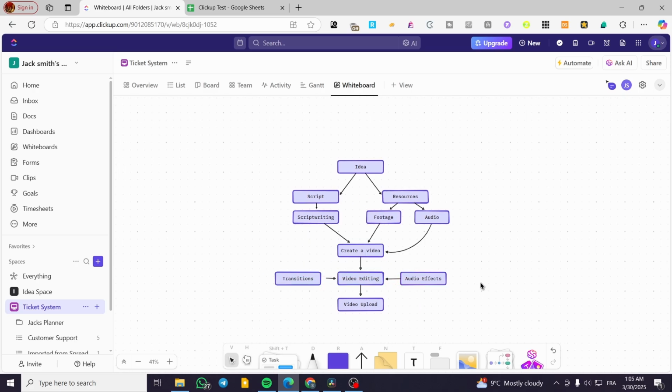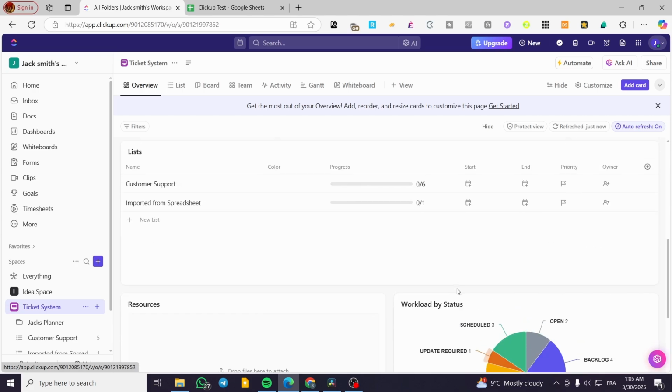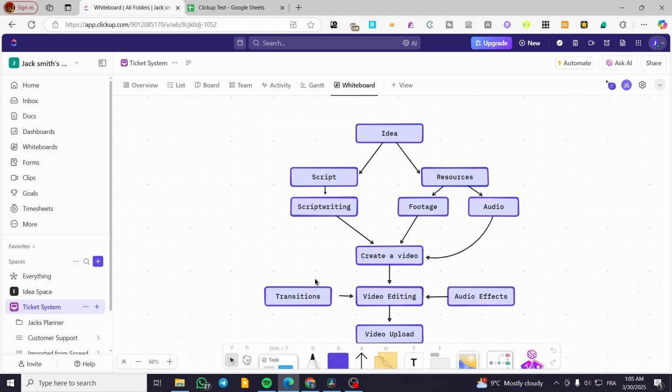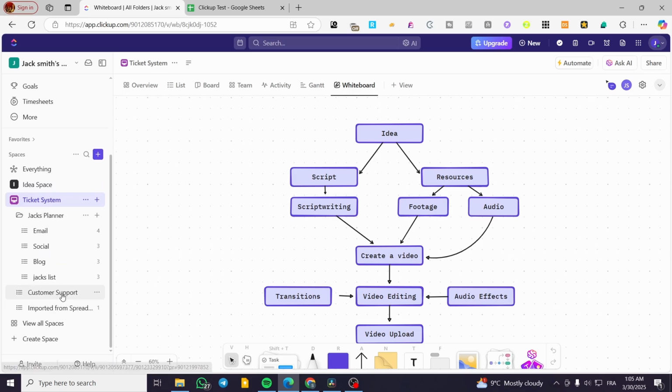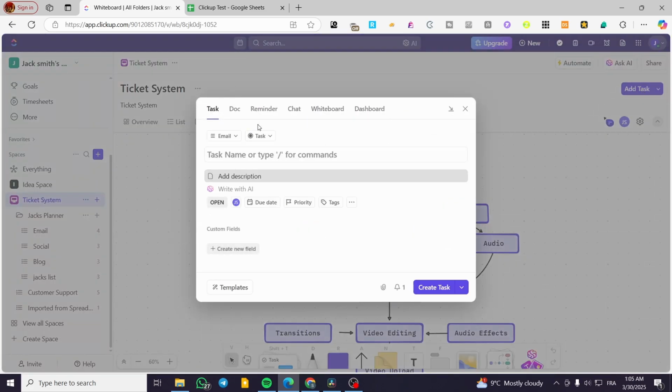So as you can see, everything is in here. You can go ahead and head over to the overview, and you can see, let's say here, the specific whiteboards that you have added. So you can go ahead and have here also the whiteboard added from here and there. Normally you're going to see it right there. So if you have added the whiteboard, as you can see here or in here, you can go ahead and add a task for that whiteboard and add it, for example, as